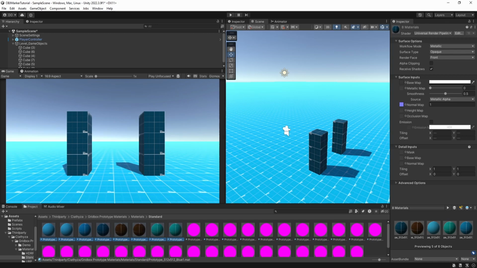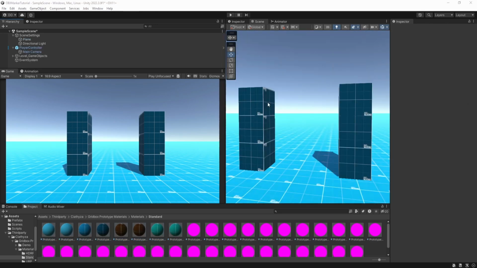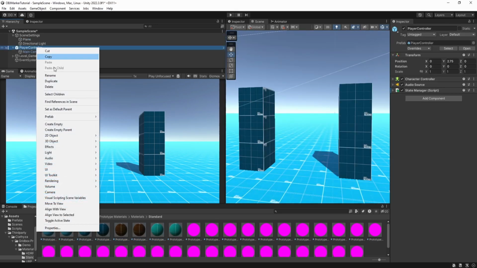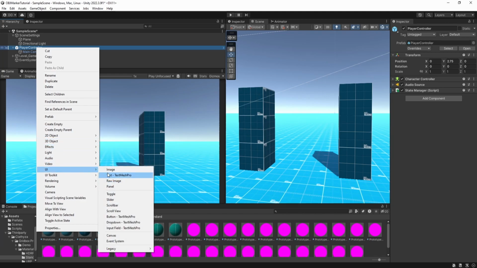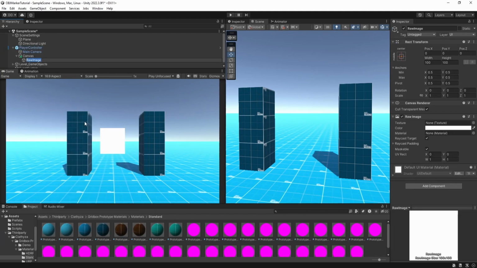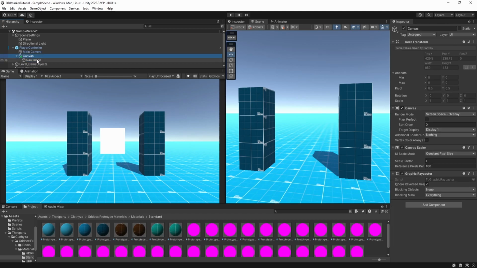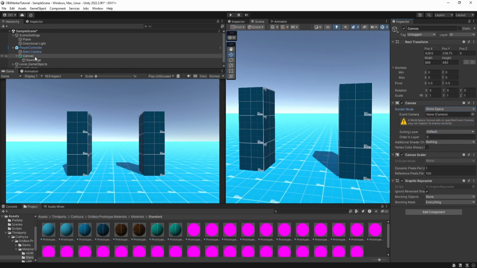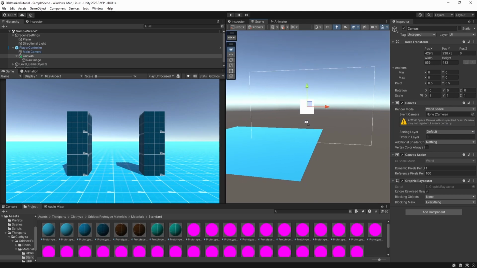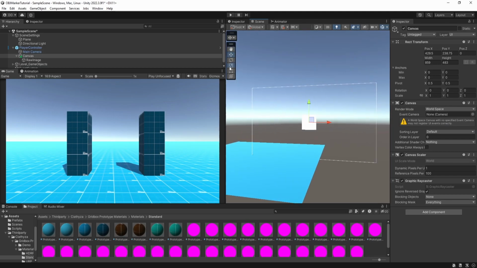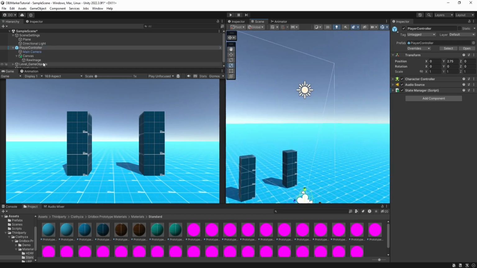Awesome. Now we can go ahead and add in our icon. Let's right click on the player and add a Raw Image, and that will create a canvas, which is what we want. For the render mode, we don't want Screen Space Overlay, however. I want to set this to World Space. What this does is make it a physical object in the world, which is what we want. We don't want it this big, however, so let's shrink it down quite a bit. That will do. And if we go back to our player, find that UI,